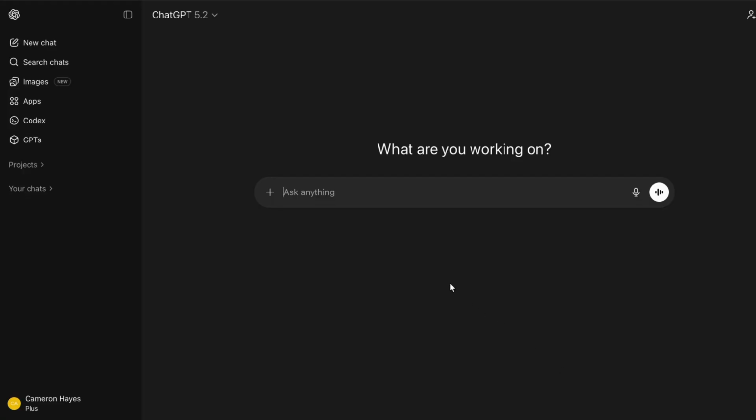Here's how to turn screen recordings into training documents automatically. If you've ever had to explain the same process over and over again, you're not alone, and this will save you tons of time. In this example, I'm using Descript to record my screen and get a transcript, and ChatGPT